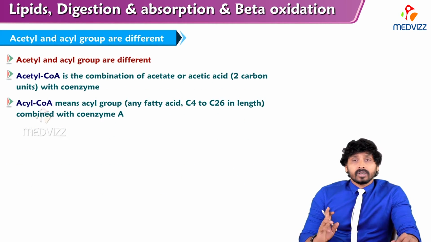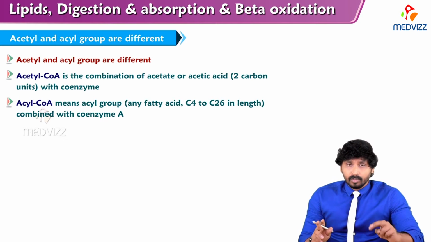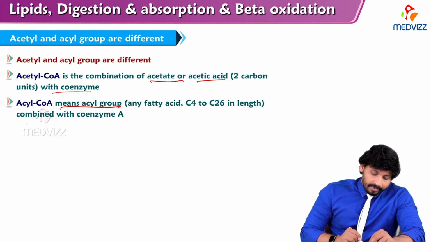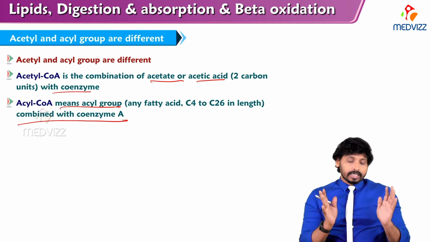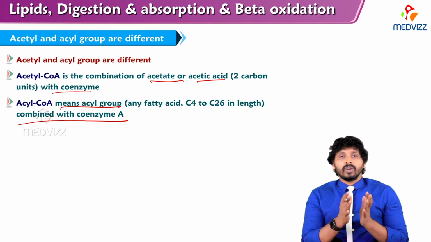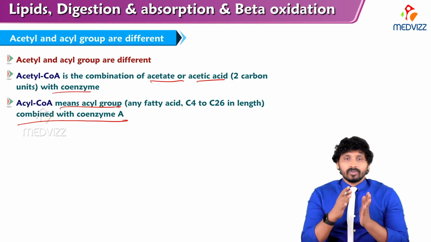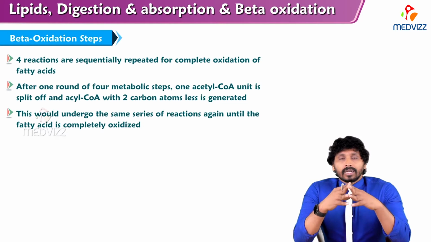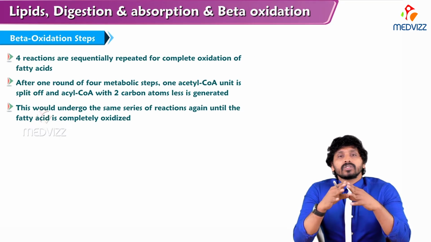Acetyl and acyl groups are different, so this difference has to be noted. Acetyl-CoA is a combination of acetate or acetic acid with coenzyme A, and acyl-CoA means acyl group combined with coenzyme A. So in acetyl-CoA, acetic acid is attached with the coenzyme. Acyl-CoA means fatty acid attached with coenzyme A. So know this difference. Now, after completing the preparative steps 1, 2, 3 and 4, now the beta oxidation proper